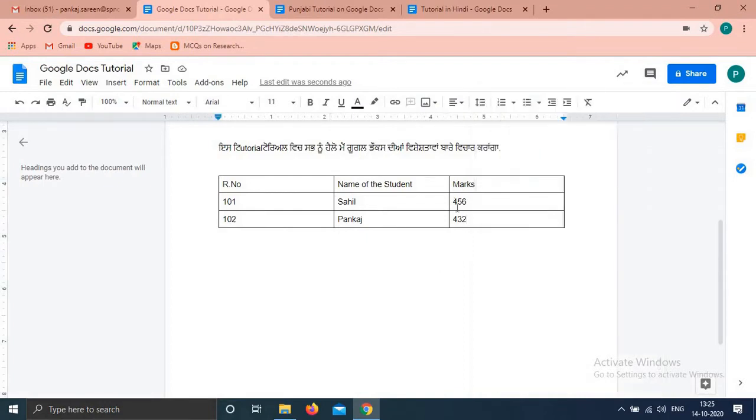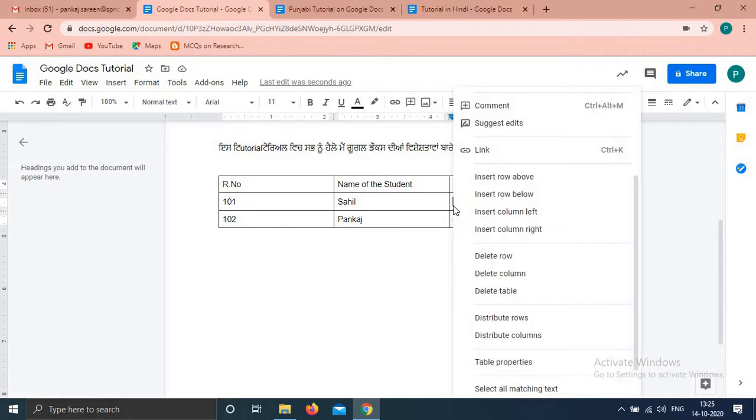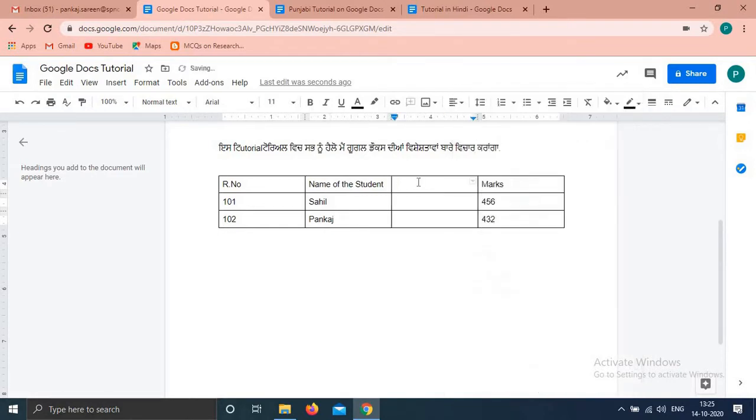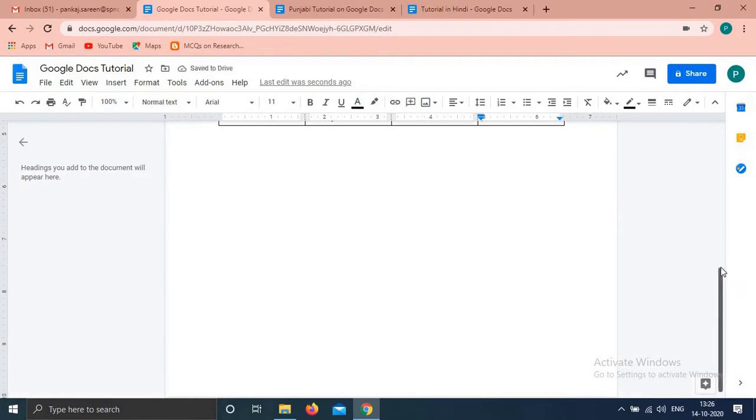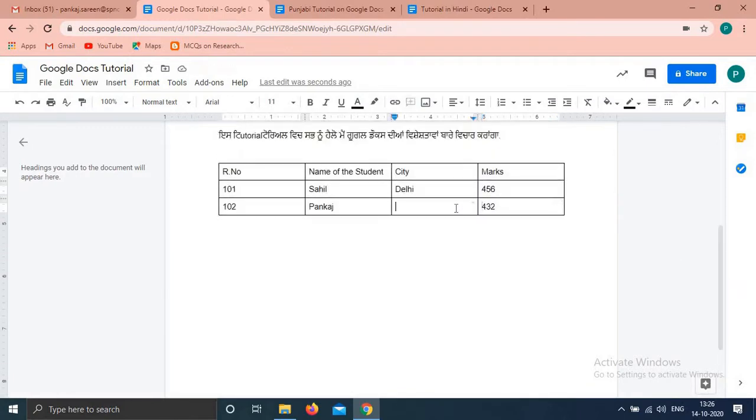For example, I want to insert a column city, so just right click and insert column left. So here you can insert a column city. For example, Sahil is from Delhi, let's say, and Pankaj is from Chandigarh, and then you can type the city name here.